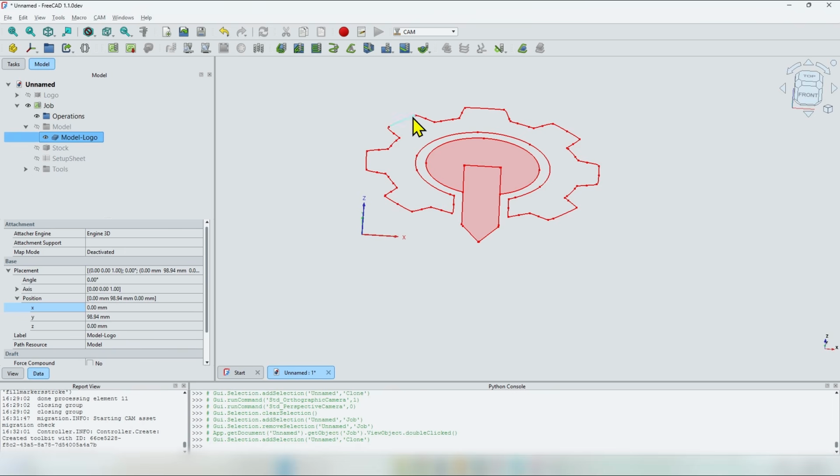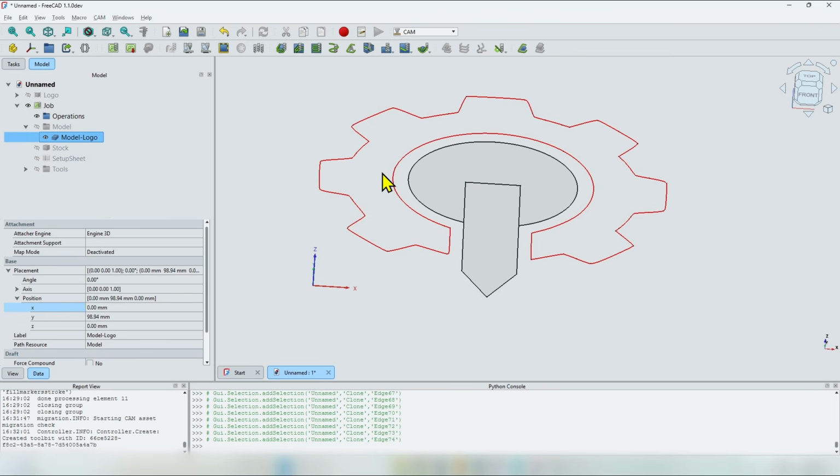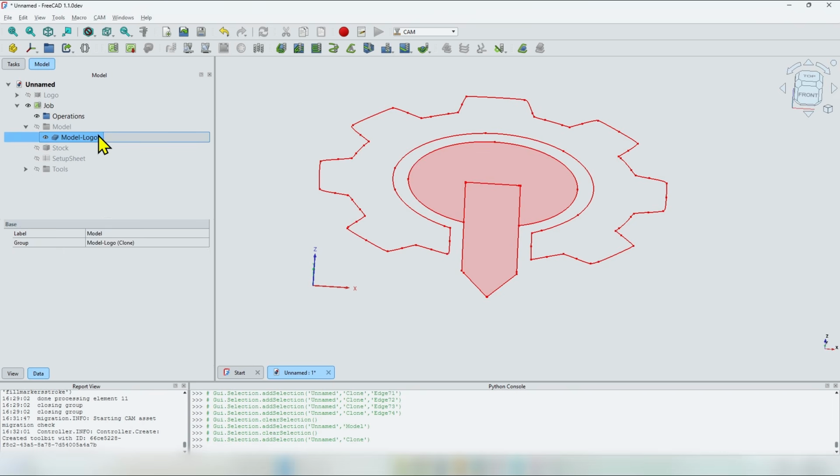Well, not really, because I need to select only the lines. I can do it by holding the Control key and selecting them one by one, which is really annoying. Or I can select a few of them and click on this button, which is Finish Selecting Loop. You can see that it added to the selection the entire loop, all the segments from this part. But I still have these parts. I can repeat the operation, or the easier way, select the model again